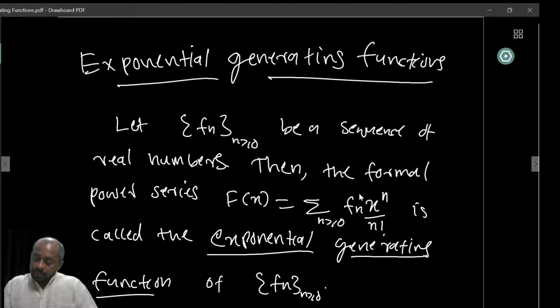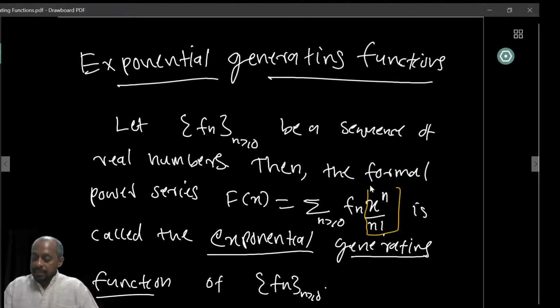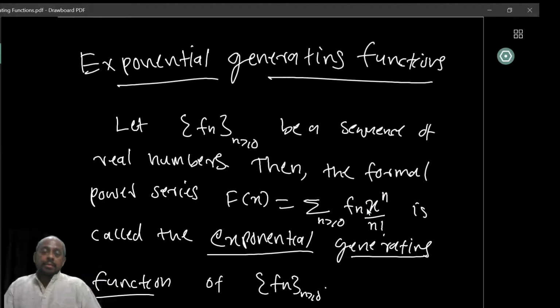What we are actually doing here is dividing f_n by n factorial so that the coefficient of x raised to n becomes small enough. Since f_n is growing something close to n factorial, once you divide it you get a small number, and our hope is that this will allow the function to converge. Now, if we want to recover f_n, we don't want f_n by n factorial. So if you want to find f_n, all you have to do is look for the coefficient of x raised to n by n factorial in whatever series you get. So that is the idea.